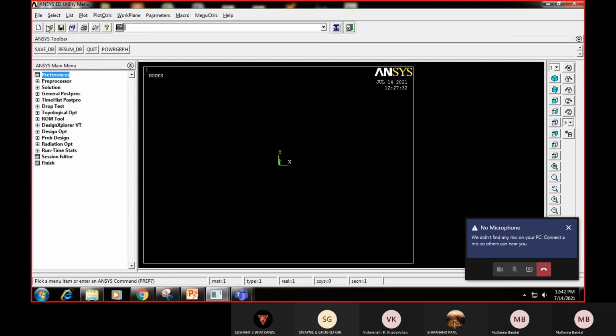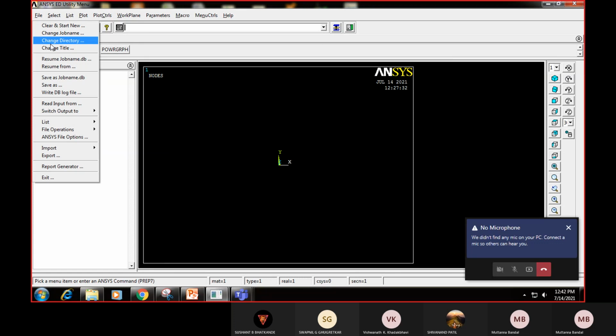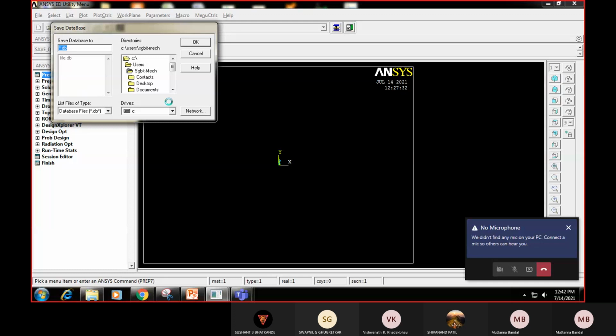So first thing is, let me create a new file. I'll go to File and select Save As. You can select any folder, and under the folder you can give some name.